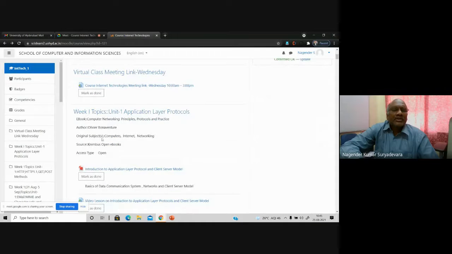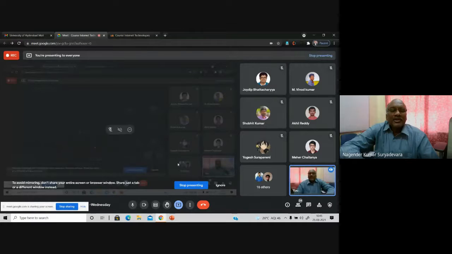We'll start with application layer protocols. This topic is unit 1, and the book which I am referring to is given in the details here. Can you see the details, please? The book description which I have given here. Yes, sir. I'll just stop presenting from my side for a couple of minutes. Can anybody volunteer to find out where that book is? You can present from your screen. I would like to see whether you are able to fetch the book content or not. That is the point here.